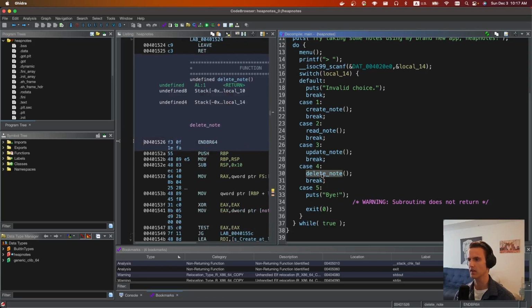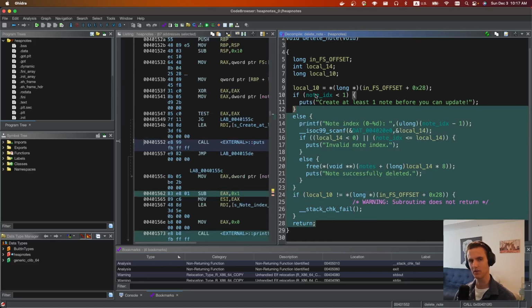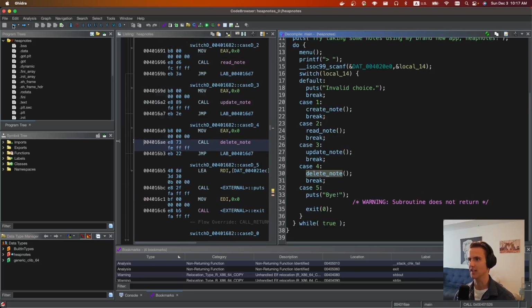And then there's delete note. You give it an index and it will delete the note at a location. And again, it doesn't check to see if it was already previously freed, so you could do a double free. So we have a lot of different exploitation gadgets here, but we're just going to keep it simple. For this binary, PIE was disabled, so we know where the address of everything is, so we don't really